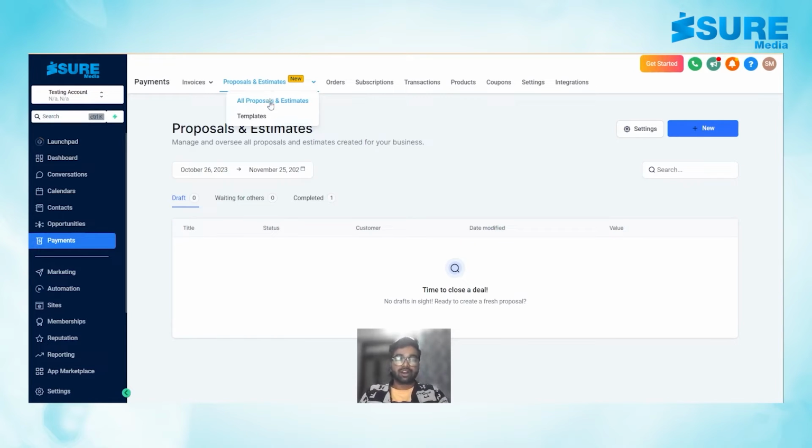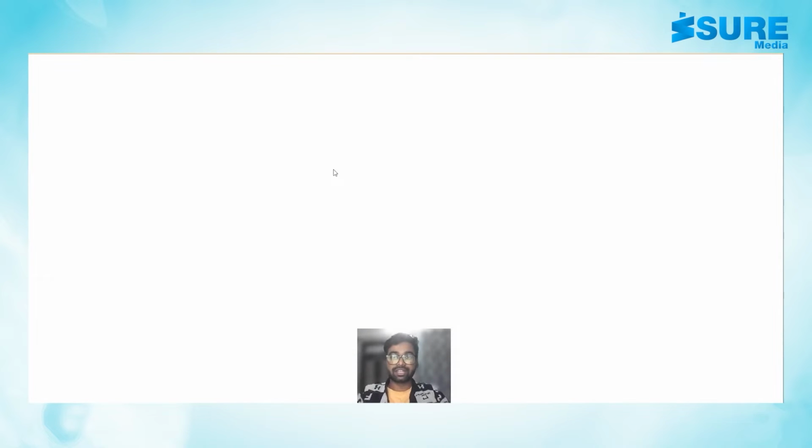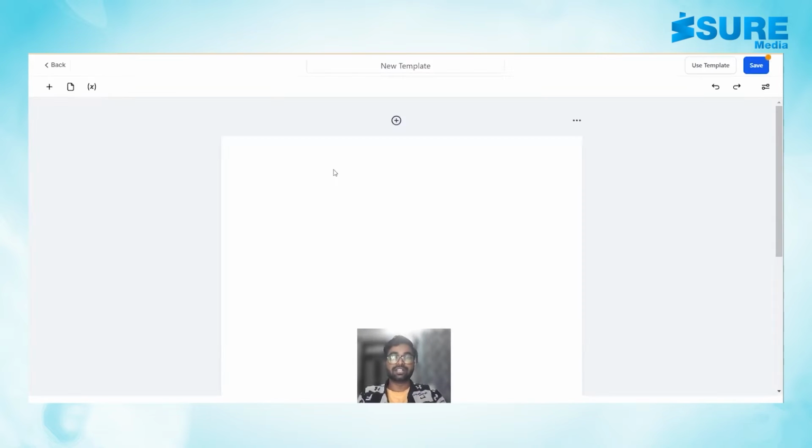In order to do so, we need to create the template of the proposal or estimate. If we click on the top of proposal and estimate, we can see there is an option called templates. If you open it up, click on this blue button which says new, and now we have to create the template of our proposal or estimate that we want to send to the client. So let's name this as